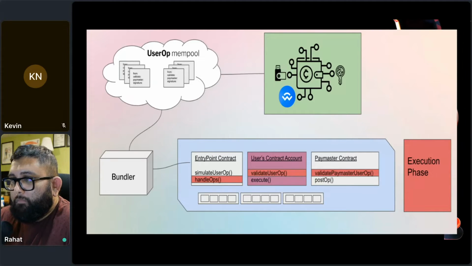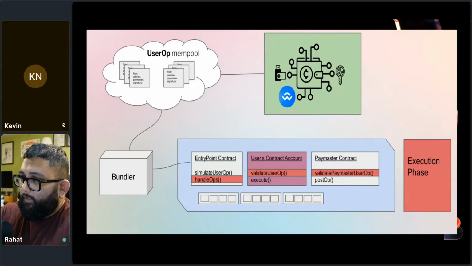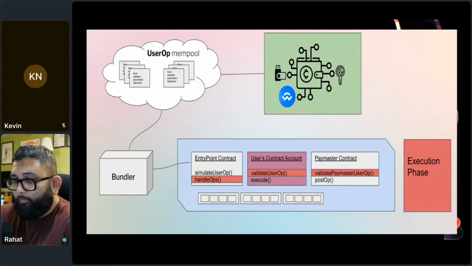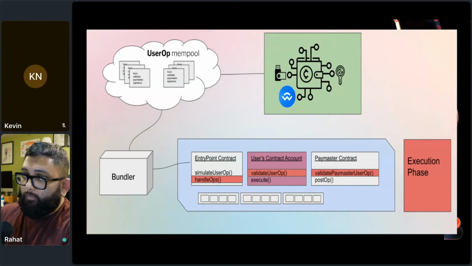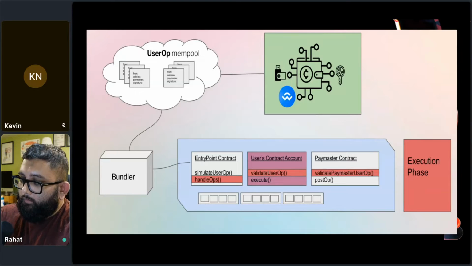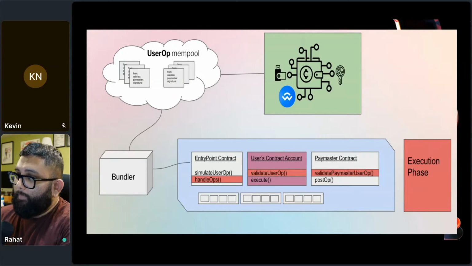And another thing is you can create social accounts that can essentially help you be the owner of that smart account. The thing to differentiate between a smart account and a regular EOA is that a smart account doesn't necessarily have private keys. It is owned by something else. It can be owned by an externally owned account that has the private keys. It can be owned by a passkey situation,